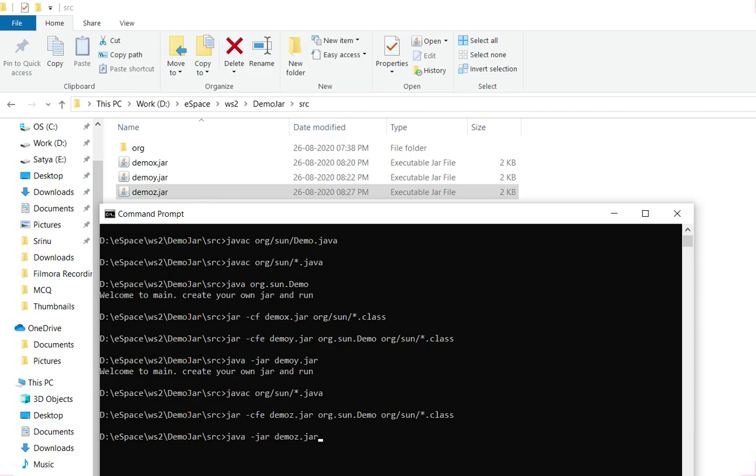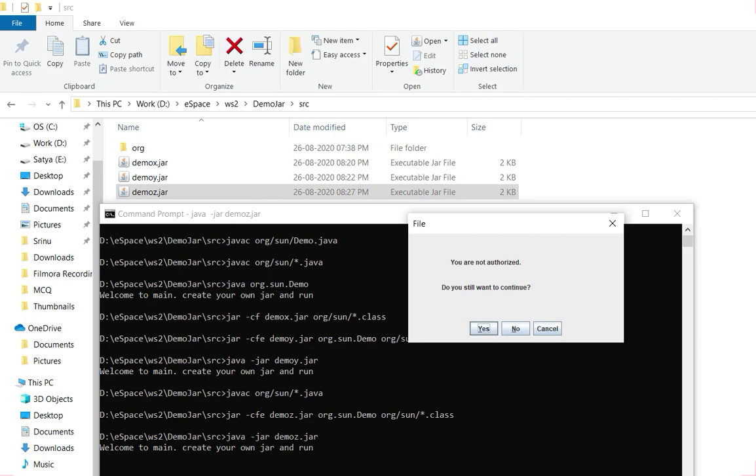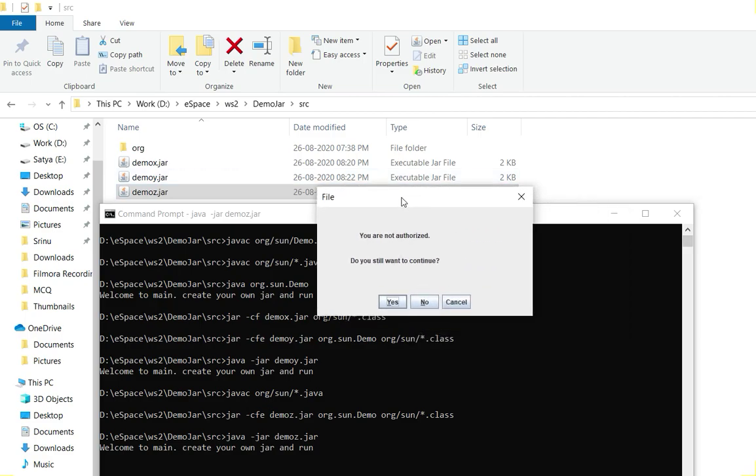It is saying you are not authorized, do you still want to continue? This is just a warning pop-up, and I can click yes, no or cancel, and it will store whatever input I give here. Let's say I click no.